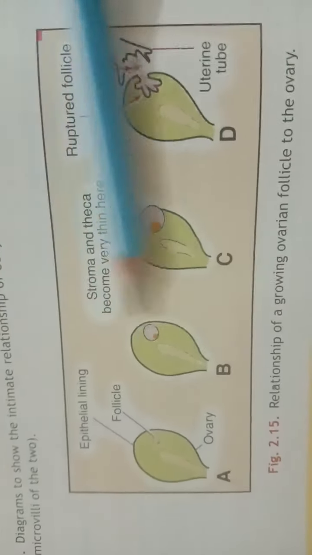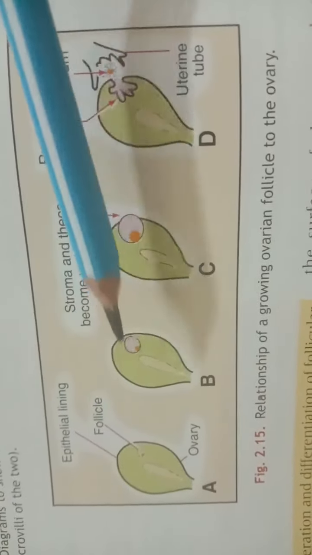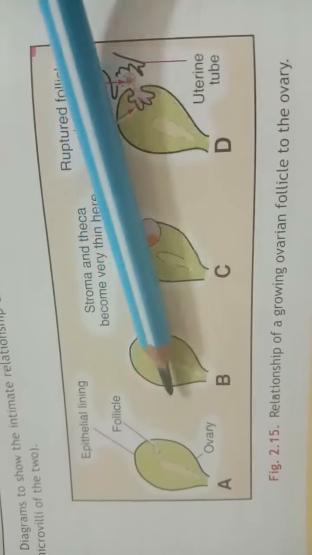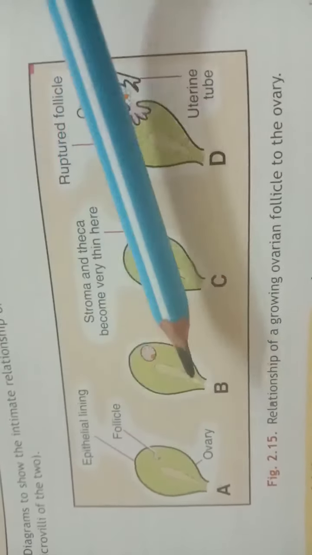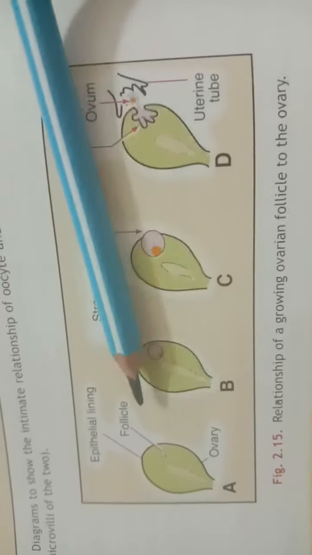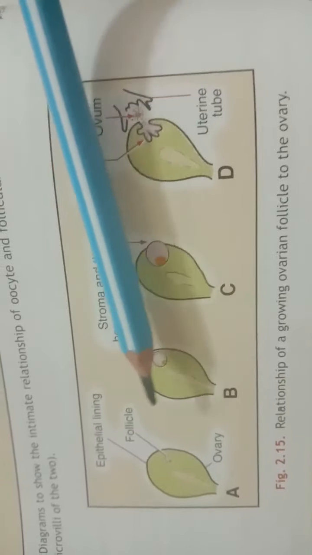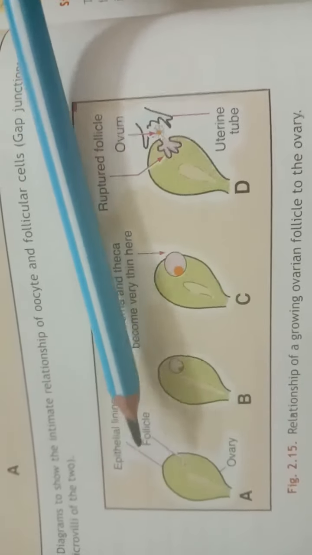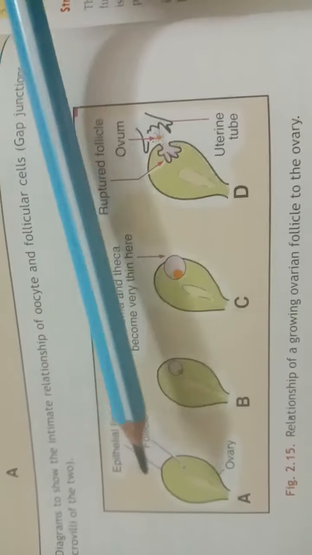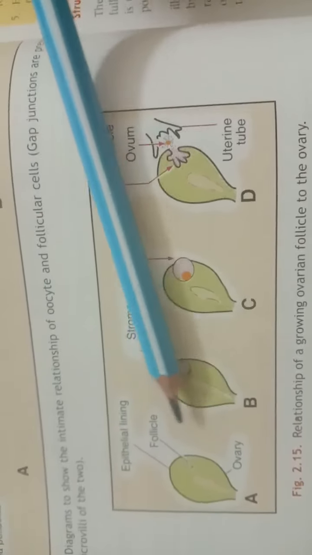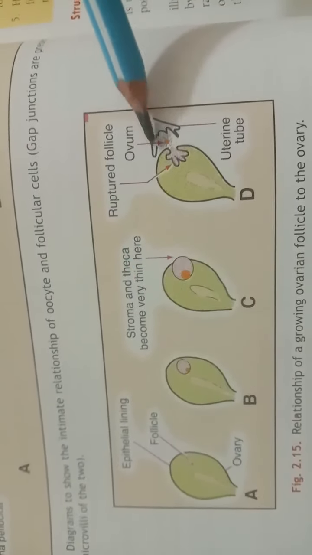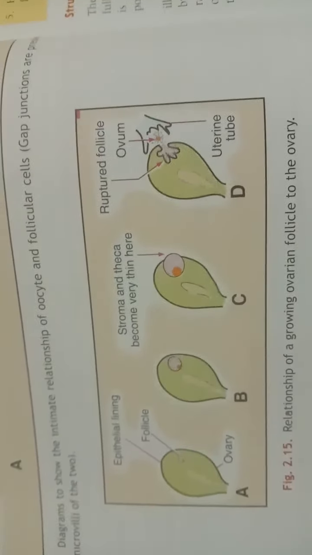Now, ovulation. The shedding of the ovum from the ovary is called ovulation. The ovarian follicle is at first very small compared to the thickness of the cortex of the ovary. But as it enlarges, it becomes so big that it not only reaches the surface of the ovary but also forms a bulge. Ultimately, the follicle ruptures and the ovum is shed from the ovary. Here you can see the ovum being shed from the surface of the ovary.